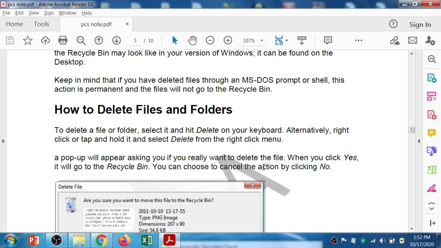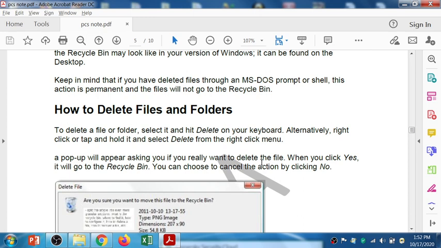From the desktop, I mean through Windows, the GUI operating system, if you delete your files, they will be stored in your recycle bin, and if you require them afterwards, you can recover that file as well.